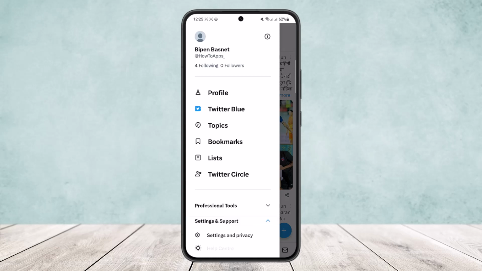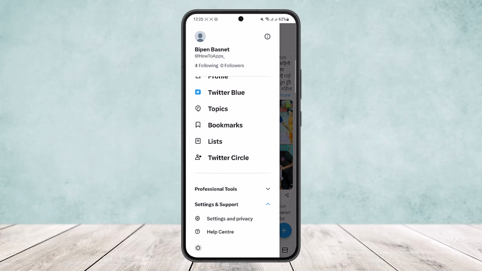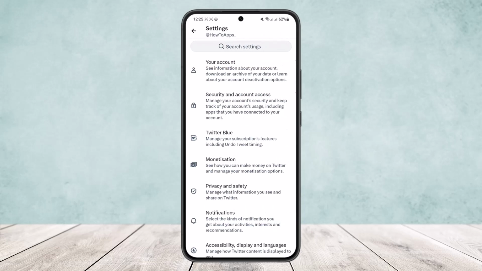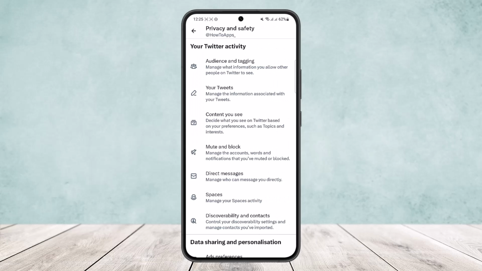Simply tap on settings and support, and under it you'll get two different options, settings and privacy and help center. Simply head into settings and privacy, and here you can see the fifth option, privacy and safety. Now you'll have to head into privacy and safety in order to make your account private. Simply head into privacy and safety, and under your Twitter activity, tap on the first option that you can see,